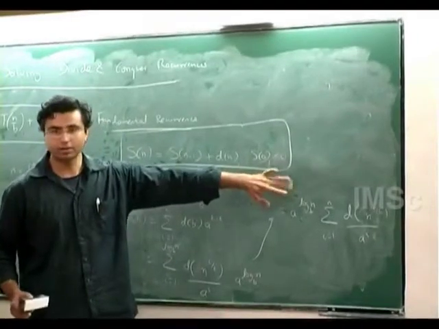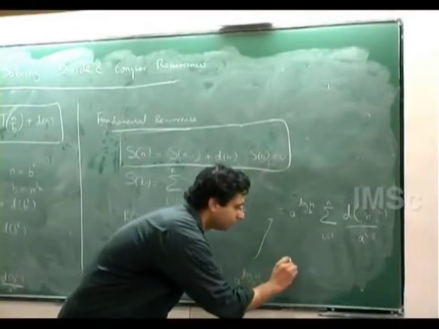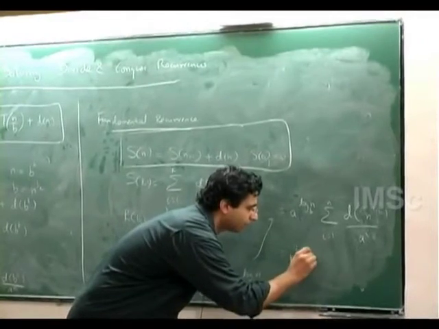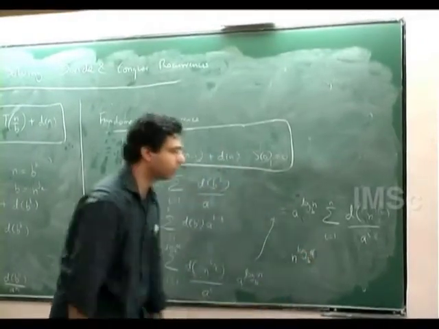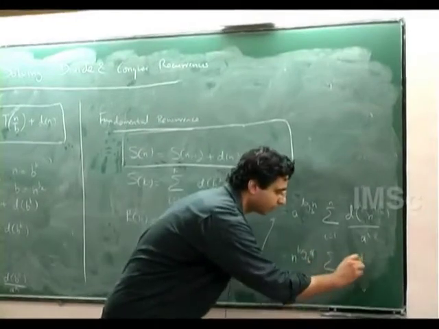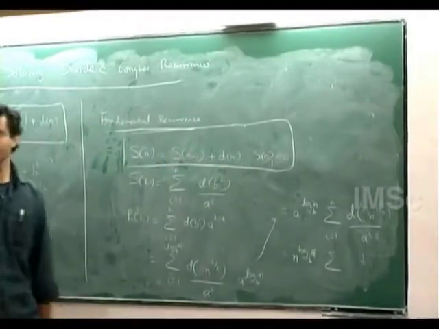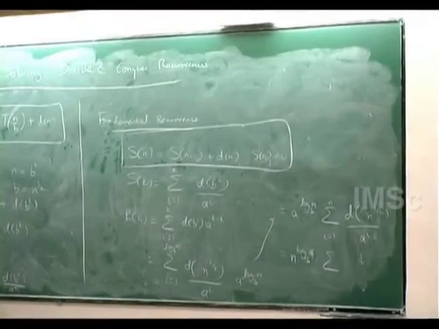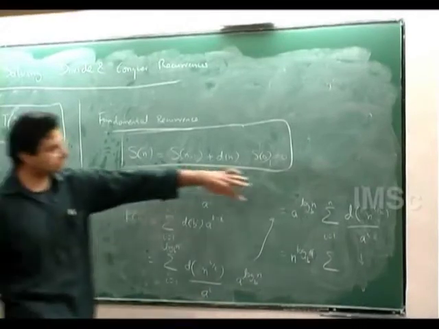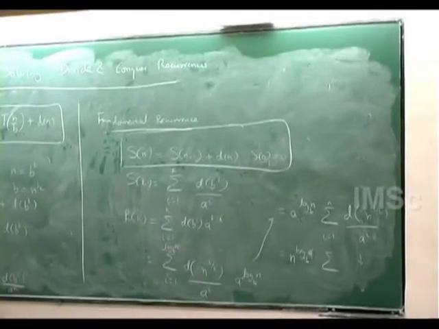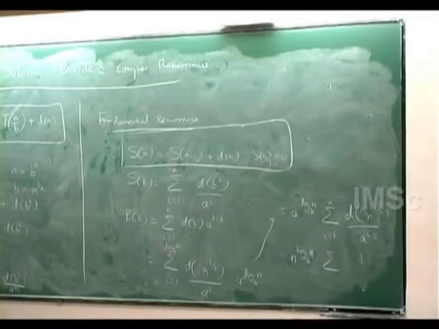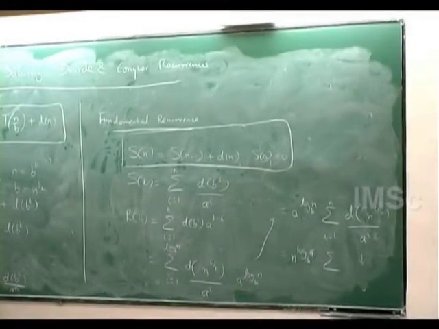We can reorder this to get b, and this sum remains the same. Okay. Right, we can switch a and n, so n comes down, a goes up. So what we have is that the solution to this recurrence,